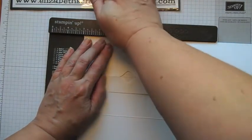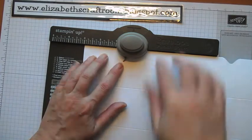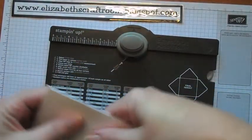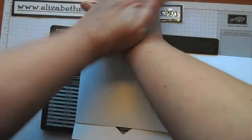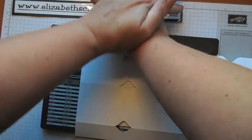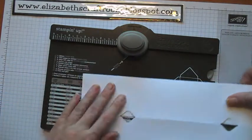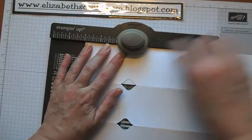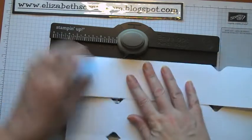Again, line that up at 3 inches. And can you see what I'm doing is actually flipping in between those? So I'm 3 inches again and punch again. Fold, 3 inches and punch. Fold, 3 inches and punch. And I'm going on to the next one and same again. Making sure that's all the way up to the top there. And punch. Flip it